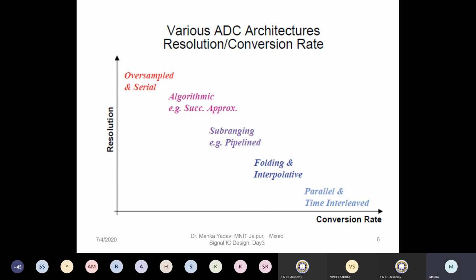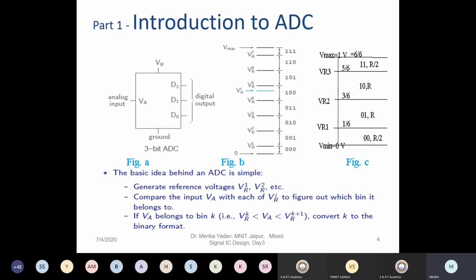In figure number B, if you take the bigger interval equal to R and the smaller intervals equal to R by 2, then you will find that the total number of resistors is 7. So if you want to figure out the resolution, it will be V maximum minus V minimum divided by 7R. Or you can say 1 upon 2 raised to power n minus 1, because 7 is equal to 2 raised to power n minus 1, which is 8 minus 1 equal to 7.